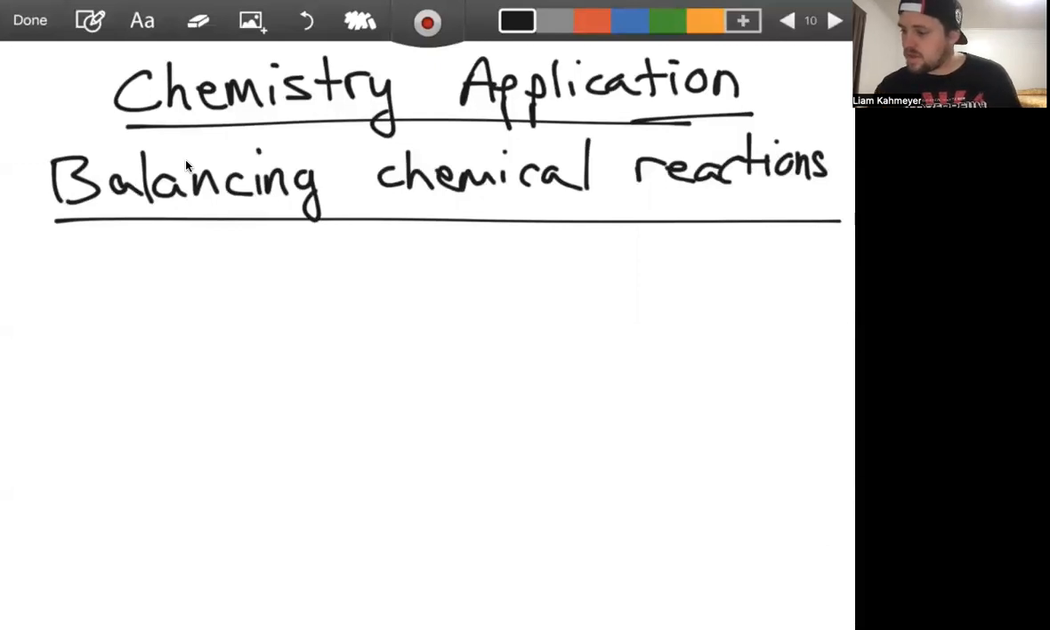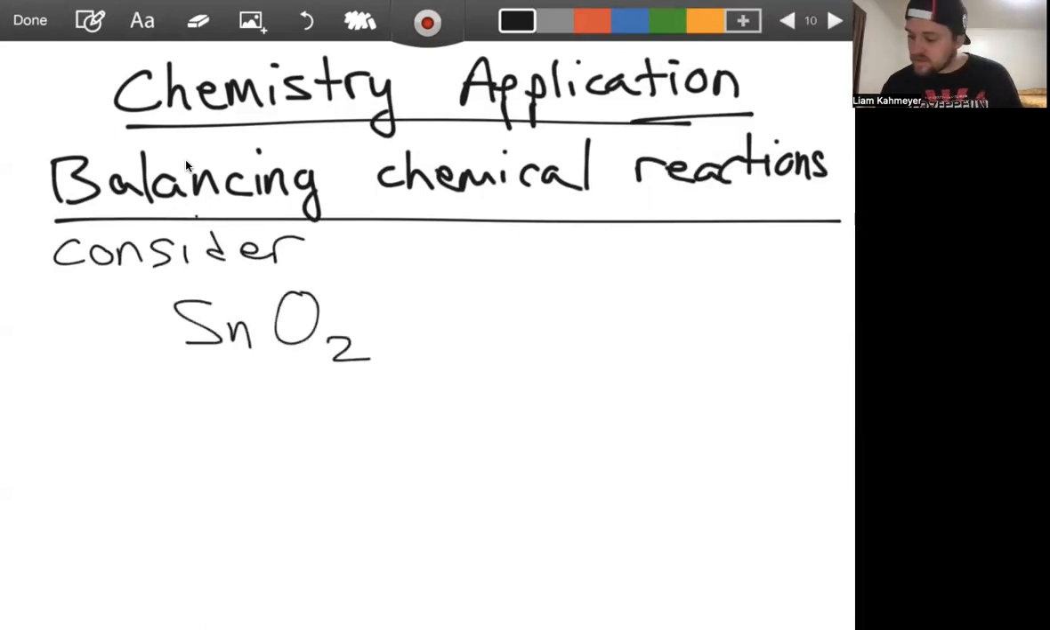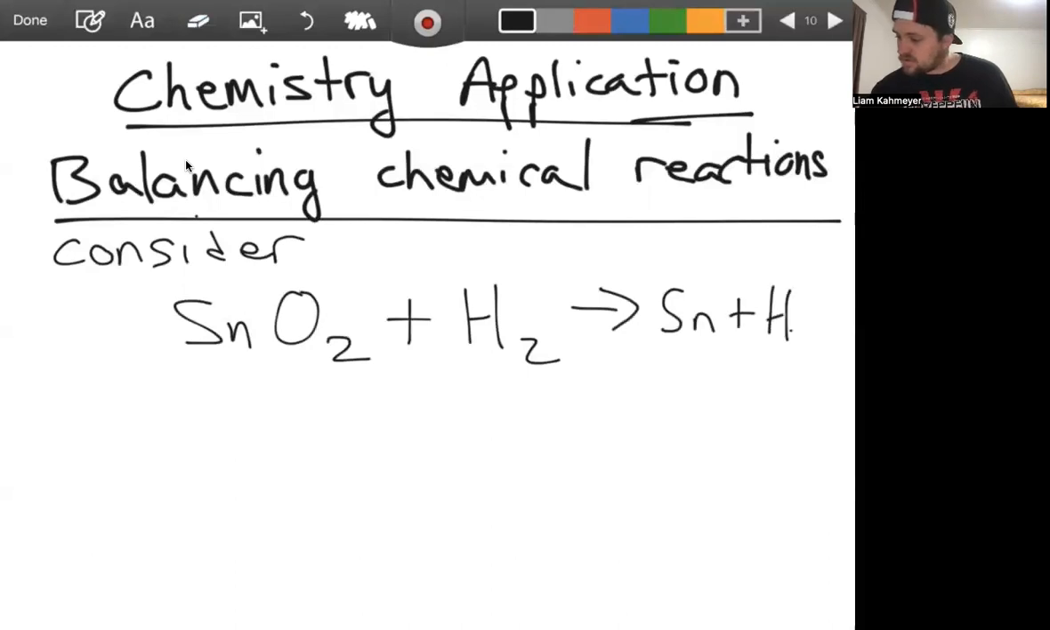Let's look at a specific example. So let me use some smaller font here. Let's consider the following reaction. We're going to look at the reaction SnO2 plus H2 reacts, and then we have Sn plus H2O as the result of this reaction here, where if you're not familiar with chemistry, which I myself am not,